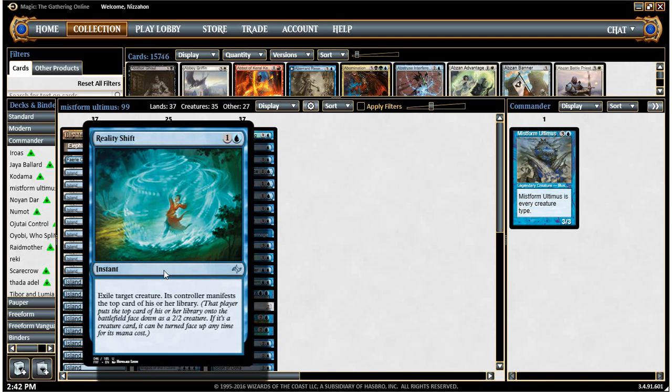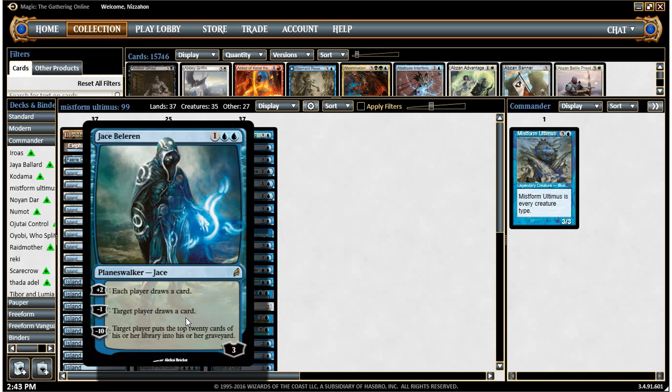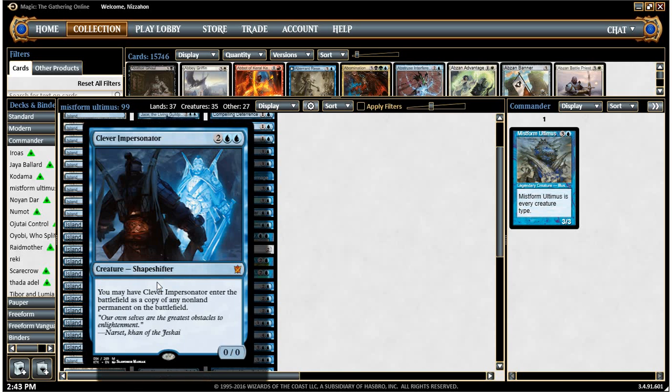Reality Shift is another removal spell that we have to rely on. We kill a creature, but our opponent gets to manifest a card. Dig Through Time lets us find whatever it is we need. Sphere of the Sun's another Mana Rock. Trinket Mage lets us find one of our broken, one converted mana cost Mana Rocks, or our Skull Clamp if we want it. Jace Beleren draws us cards. Worn Powerstone's another Mana Rock. Clever Impersonator is a great blue staple that I think a lot of people are overlooking